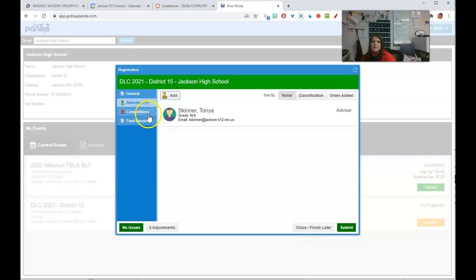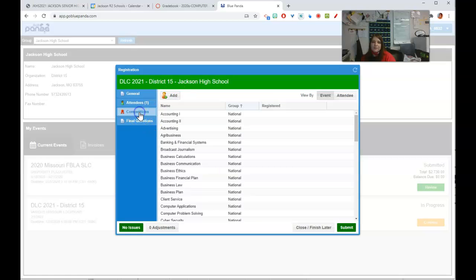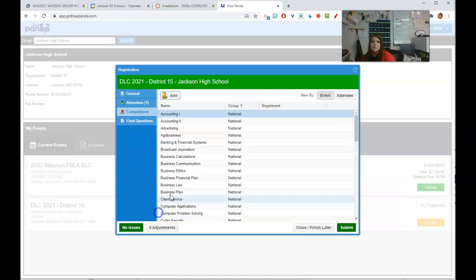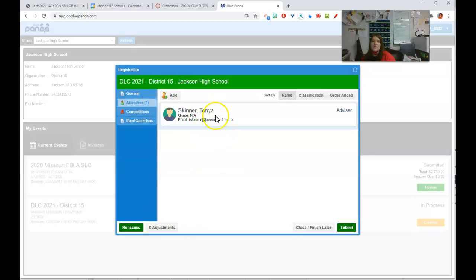It does take a little bit of time. You have to add all of your students in here individually, and then after you add them, you have to put them in a competition. So you click add, you find your student over here, and you put them in the competition. So you've got to put all the kids in there. So maybe even if you don't know what event they're doing, you could at least put them in here and then scoot them over later on. But just know it's not like you can sit down and be done in 5 minutes. I mean, if you only have a couple people maybe, but it's going to take a little bit of time. So just plan for that.